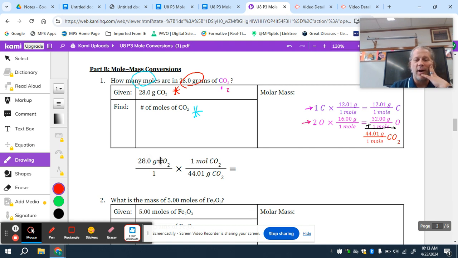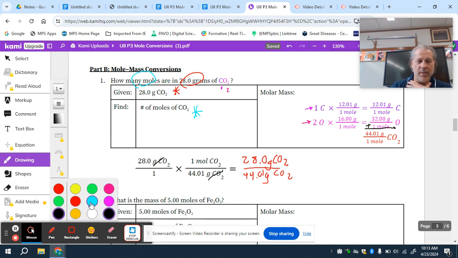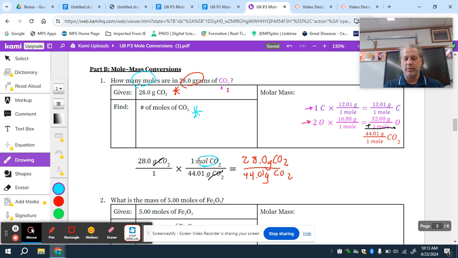Just like we did with our earlier set of problems, we multiply straight across and then divide. So if I take 28 grams of carbon dioxide times 1 mole of carbon dioxide over 44.01 grams of carbon dioxide, I have 28.0 grams of CO2 on the top, and 1 times 44.01 is 44.01 grams of CO2 on the bottom. Hopefully we can see that grams of carbon dioxide cancels out, and I'm left with moles of carbon dioxide. So I'm going to take 28.0 divided by 44.01, and the calculator gives me an answer somewhere around